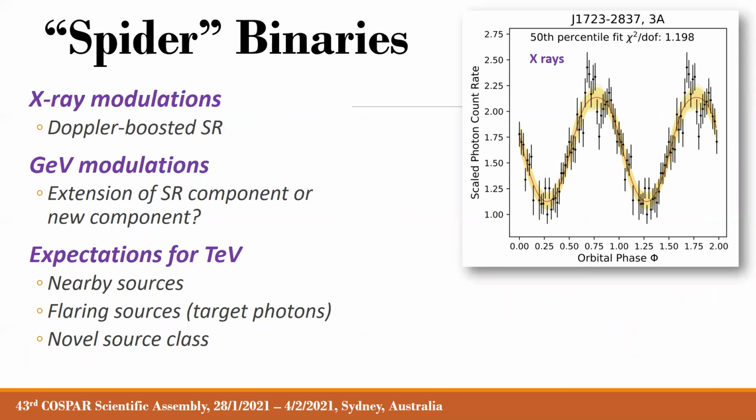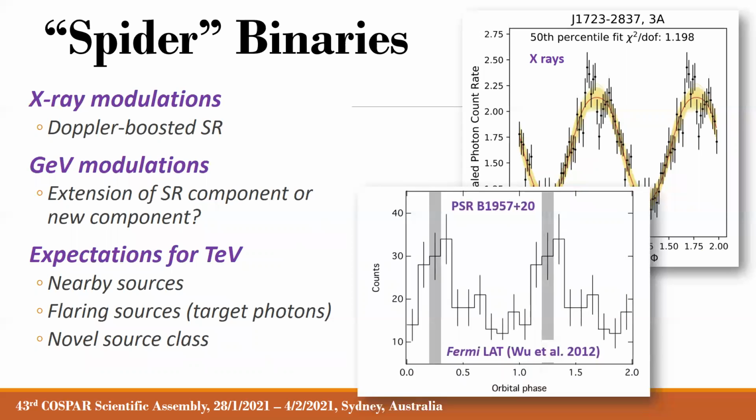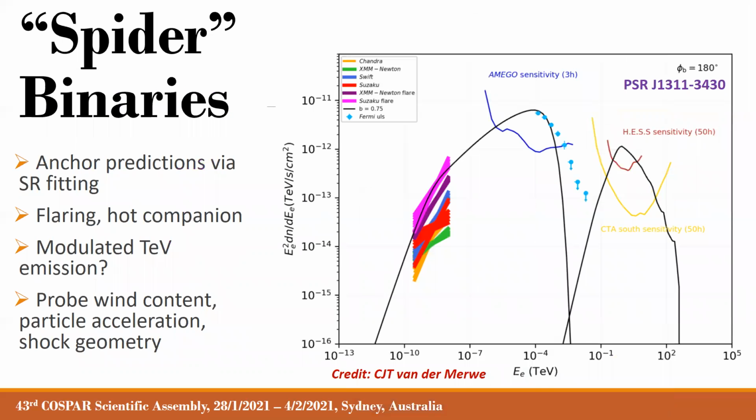So from these binaries, we see X-ray modulation. There's an example of 1723, and you see single peaks, but mostly actually double peaks. And we believe this is from Doppler-boosted synchrotron emission from the shock structure. There's also a few claims of GeV modulation. And the question might be whether this is the same synchrotron emission component that gives us the X-ray double peaks or single peaks. And there's no expectations for TeV emission from these sources, as I will show in the next